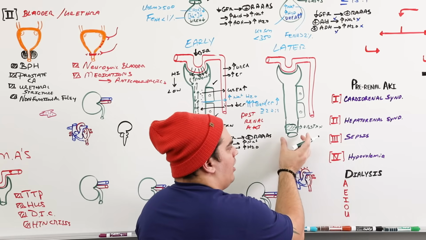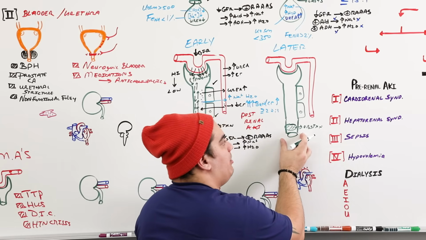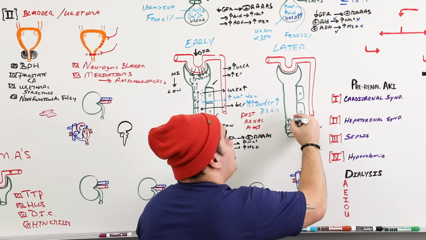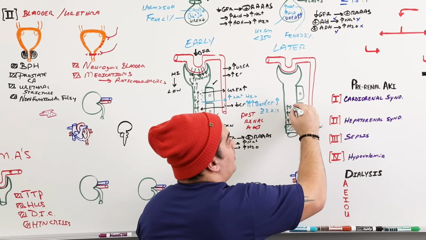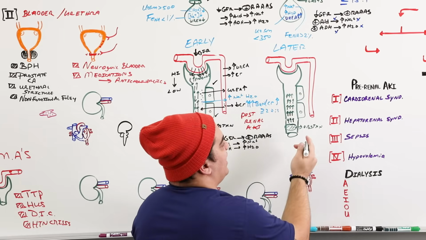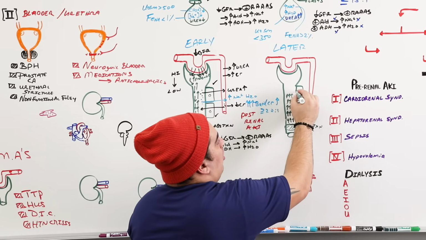And again, this is either a significant renal calculi or some type of tumor, or there's significant BPH, and this has been occurring over a longer period of time. Well, the pressure now is going to increase even more. It was already a little high, enough to reduce the glomerular filtration rate. But now the pressure starts really increasing, so that it actually starts exerting some really significant effects on these kidney tubules.